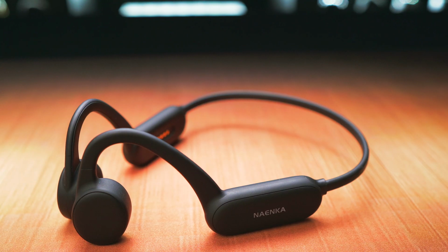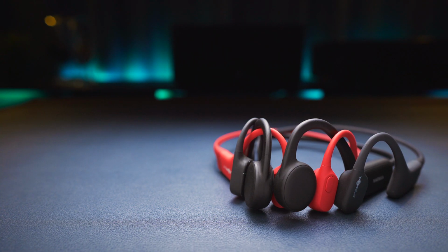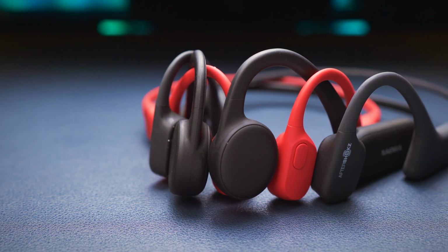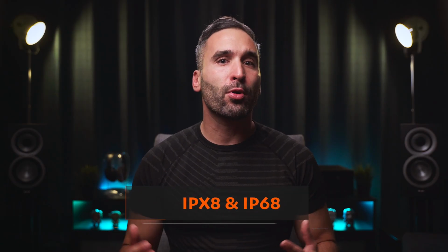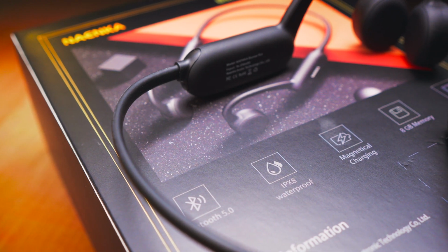The design and build quality are similar to other headphones of the same kind, but the Runner Pro are physically bigger and more robustly built than either the Aftershokz Aeropex or the Xtrainerz. The Runner Pro has an IPX8 and an IP68 rating. I'm a bit confused as it says IPX8 on the box, and you can see both IPX8 and IP68 on the official website,